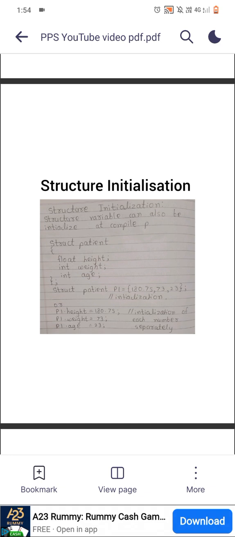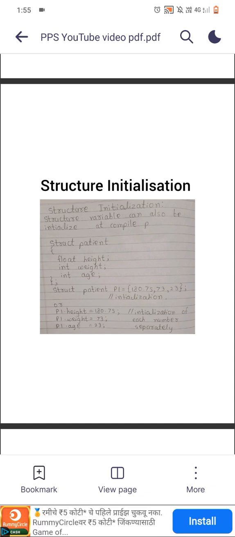Initialization after declaration, member-wise assignment. You can declare a structure variable first and then assign values to its individual members using the dot operator. Example: struct point { int x; int y; }; struct point p3; p3.x = 40; p3.y = 60;